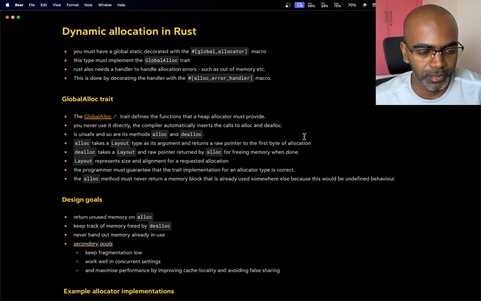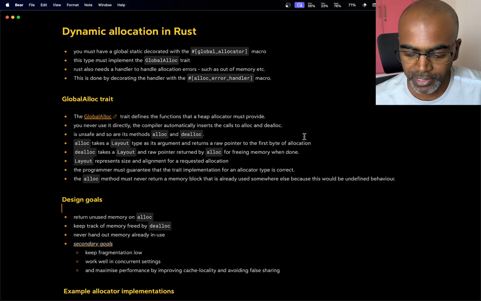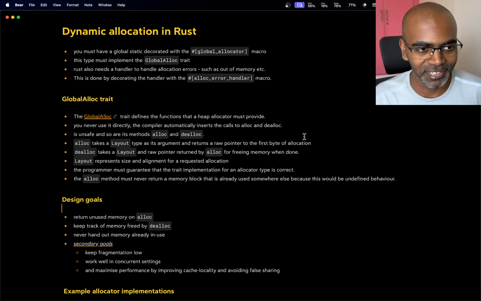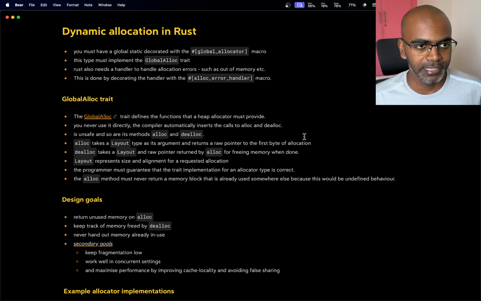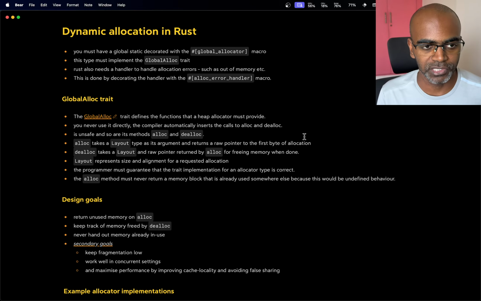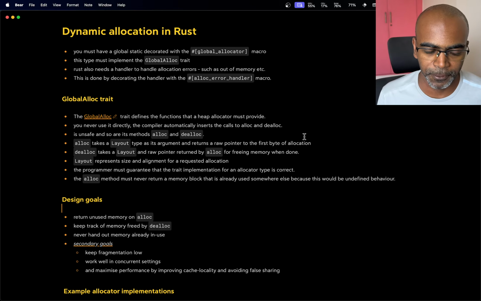Today's stream is going to be about dynamic allocation in Rust, and this is going to be a pretty quick one because there's not much to cover. It's just something that I wanted to put together in a video and have it somewhere on the internet. So dynamic allocation in Rust, when we talk about dynamic allocation, obviously we're referring to allocations on the heap, which